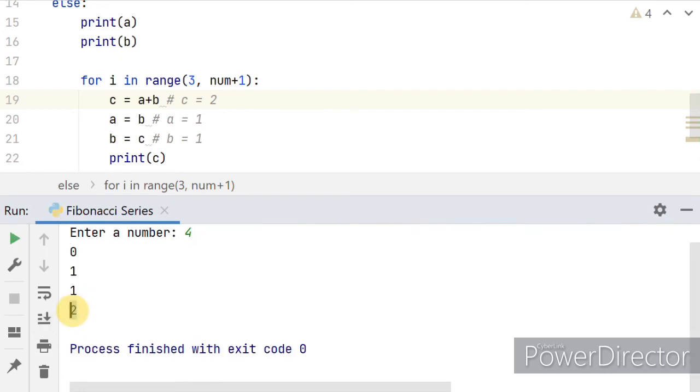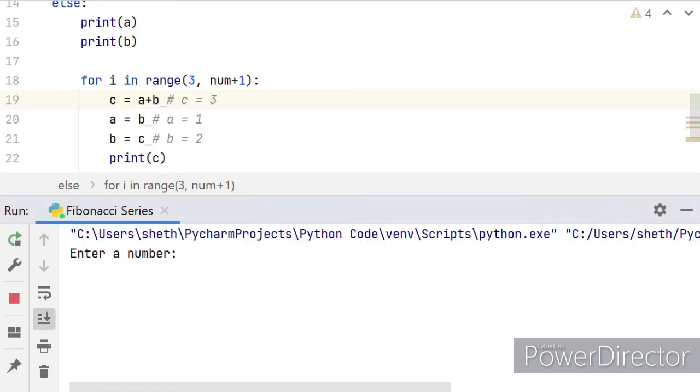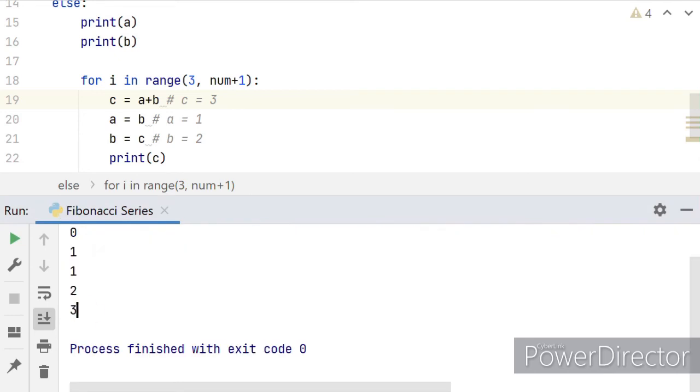as expected. But I will do the same thing again, meaning the value of A will be shifted to 1 now. Like it's going to stay same because the value of B is 1. But here the value of B will be shifted to 2 since the value of C is 2 now. And the value of B has changed, the value of C has to change as well. So A equals 1 and B equals 2. So 1 plus 2, 3. And now we will run this again, and I will say 5 this time, and see we get 3 as